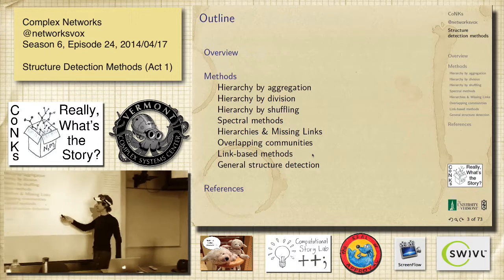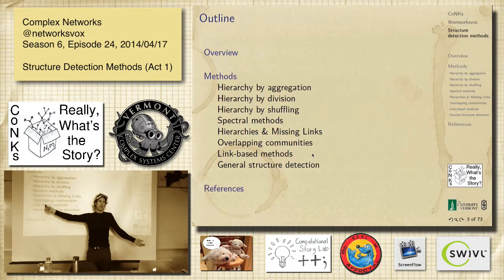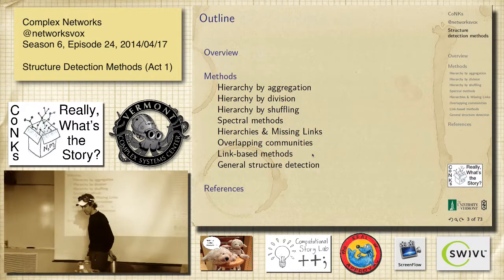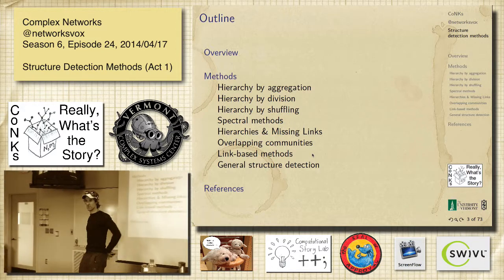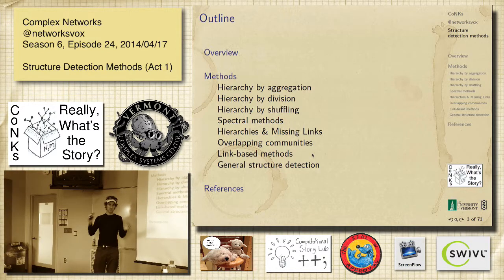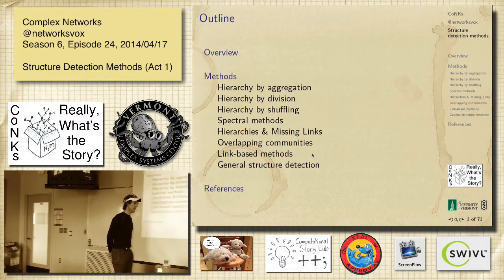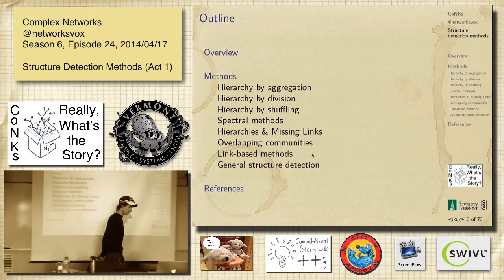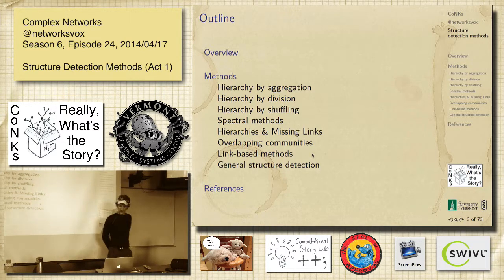But this is a fun one. It says, well, what if the whole thing is a big ring? You need your method to actually not fail on that. But it'll do something very silly if it's looking for hierarchies. If it's really just a ring, it's going to fail. So that's going to be the last piece. We'll blend more and more into pictures as we go along.